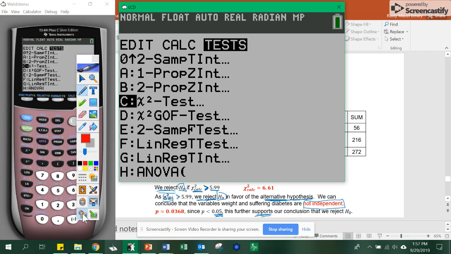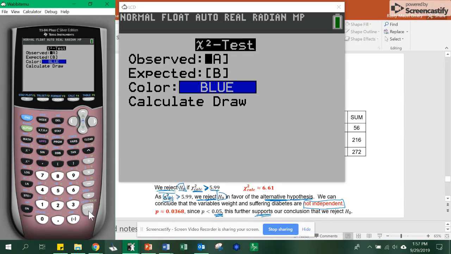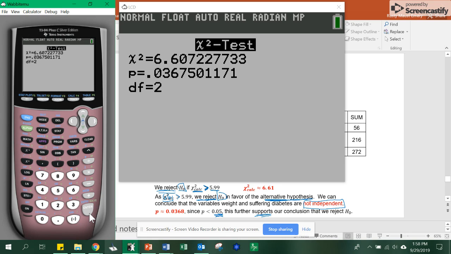Okay, so once I select option C, I'm going to notice it's matrix A that's already there. I'm going to leave that because that's where I put my observed data. So hit enter, enter, enter, and then calculate. And then you should get your chi-squared value, your p-value, and your degrees of freedom, which we had all from